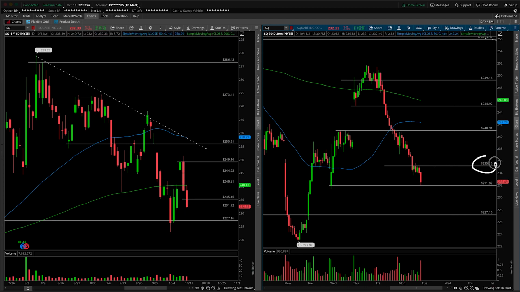If we recapture the 235, okay, that's a step in the right direction. I would look to retarget this, and then remember that this is kind of the 38.2 of the entire move from here. It's a little bit higher, of course, but that's the structural area to pay attention to as your next overhead target. After that, walk them up. Remember that there's not a whole lot of structure in here. I would really look for that 245 to act as your next overhead resistance if there's a major bounce out